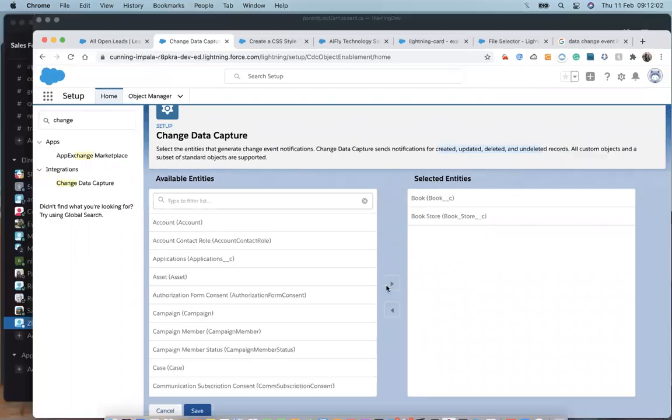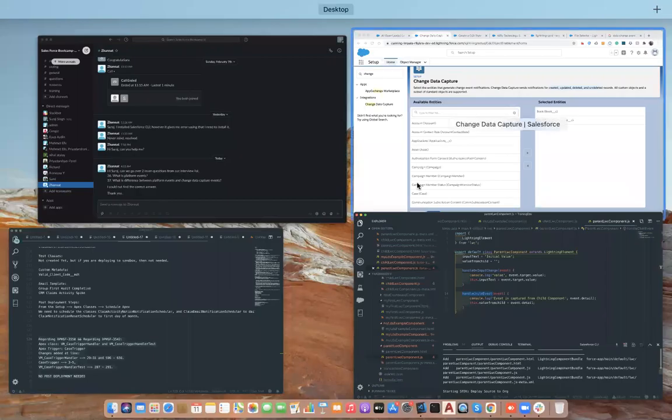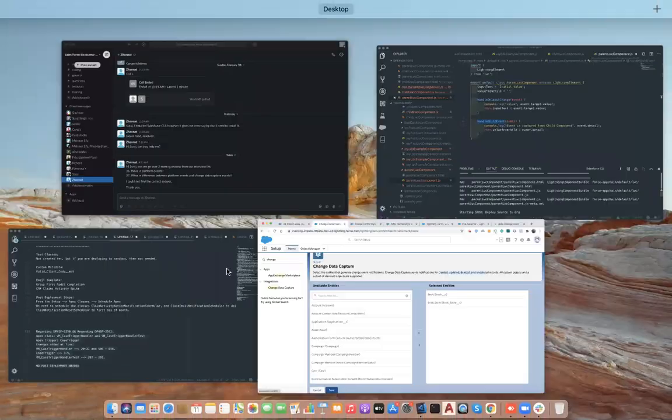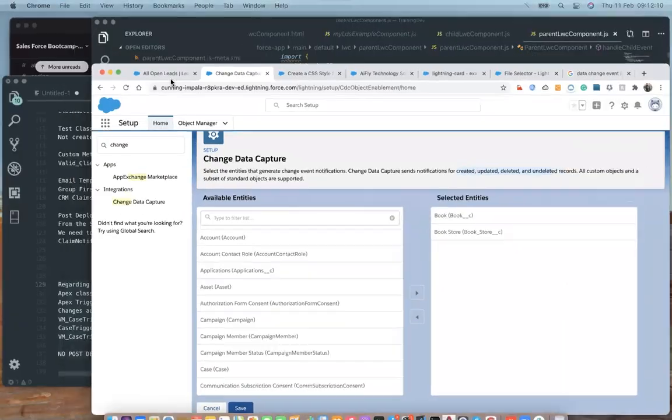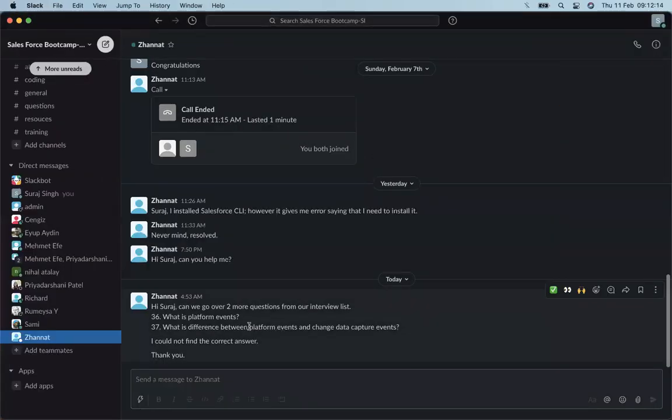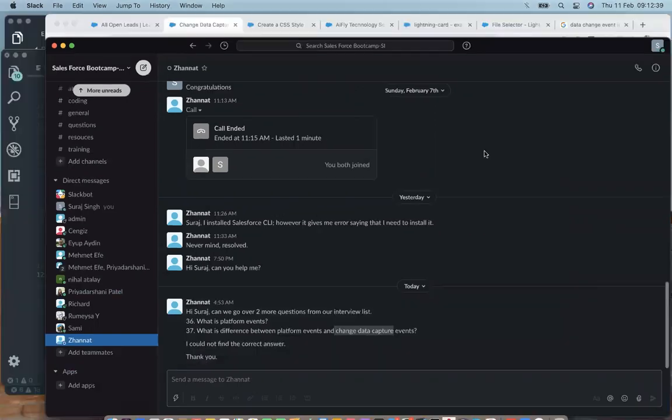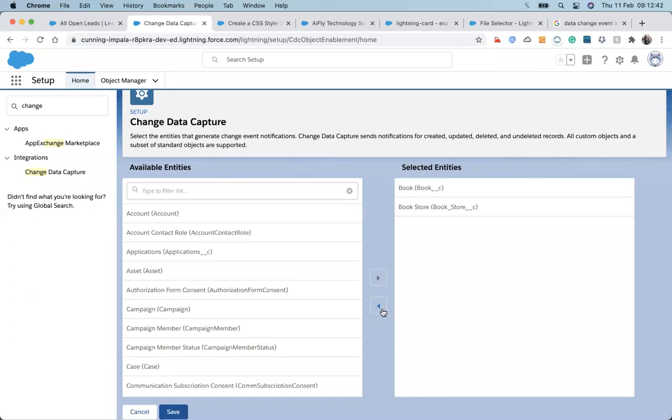It's a standard thing, but platform events are more powerful than change data capture, because we can define platform events to work with. Platform events are a more custom way, where if you have to show an event being updated or pass a value, you use them. We have to design a trigger for capturing the events. But change data capture is a more standard way: whenever any change occurs, it will throw the notifications, and that's it.